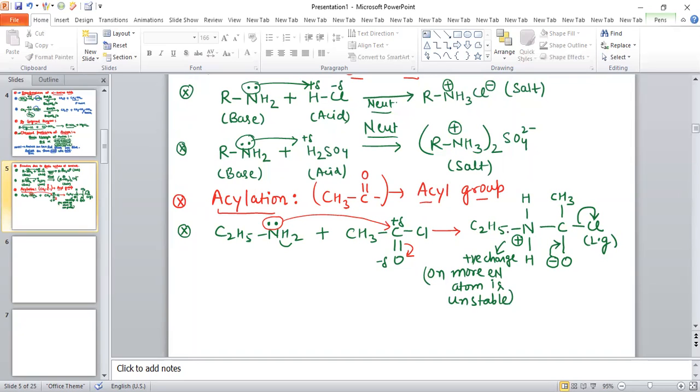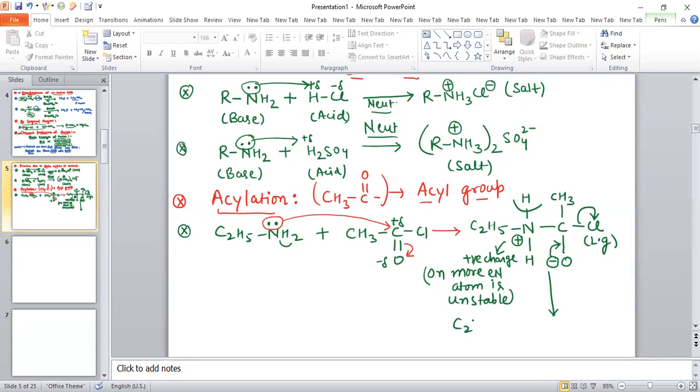So therefore, because two hydrogens are there, one of the hydrogens will be removed, and this will form a double bond between carbon and oxygen. At the same time, this Cl will be removed. So the product obtained after this reaction